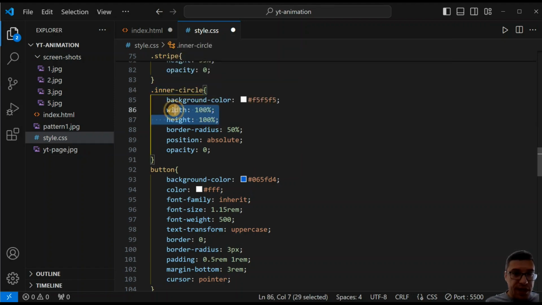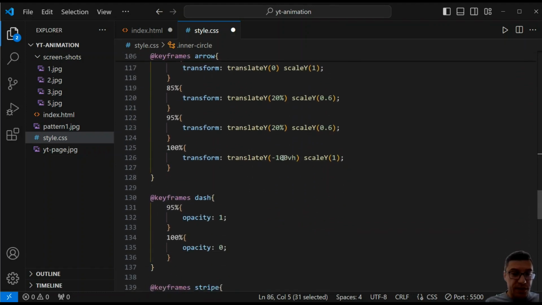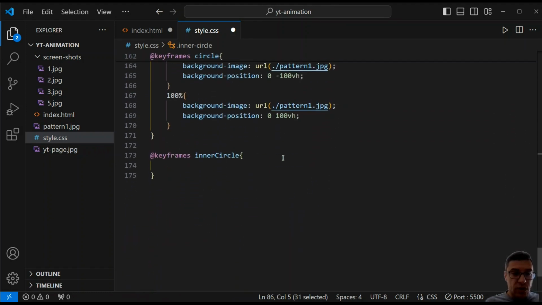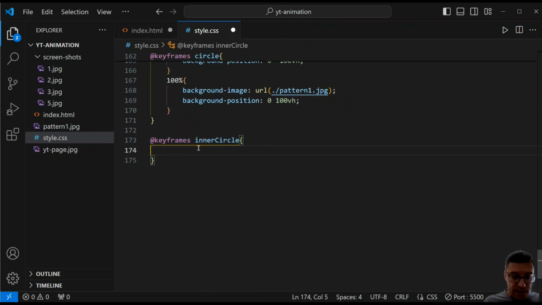It already has the width and the height of the whole circle, which is its parent. So I will just do a very simple animation again. At 0% I want to have opacity 0, and I want to be scaled at 0,